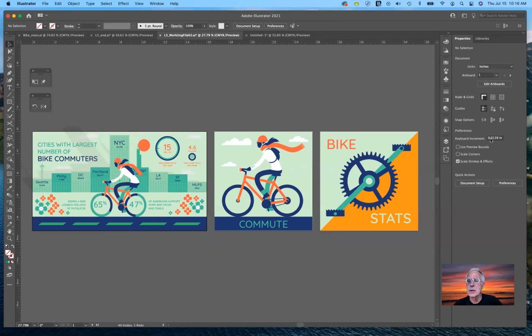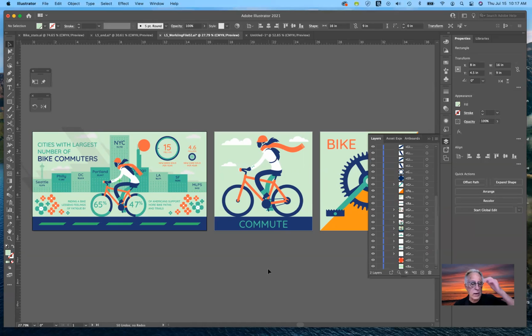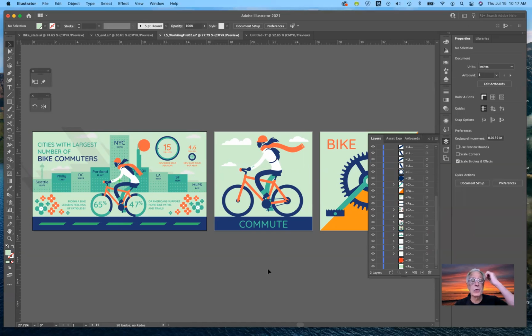So when I looked at layers, you can see that every single object in these 3 illustrations is unlocked, except for the background of the first artboard down here at the bottom. The background shape, that was locked. So I thought even with it locked, it should move everything, but it didn't. So now when I unlock it,